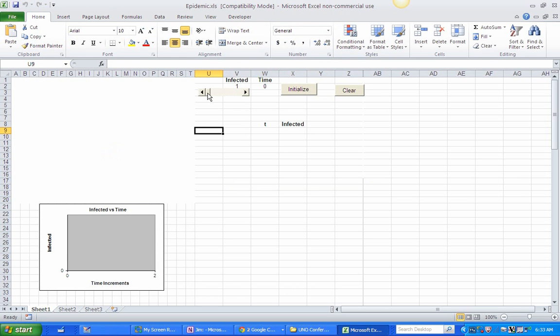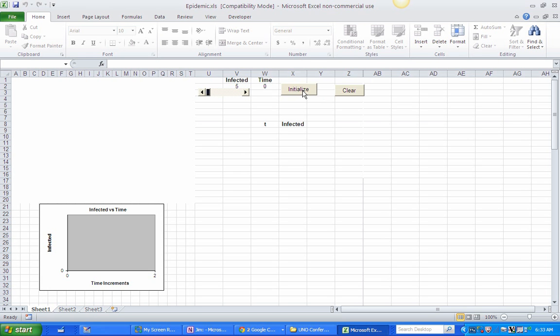Okay, remember that epidemic model that we had, and that we did using NetLogo? Well, here's essentially the same model done with Excel using Visual Basic programming in the background. So we aren't really using the spreadsheet commands very much. We're using some programming commands along the way.